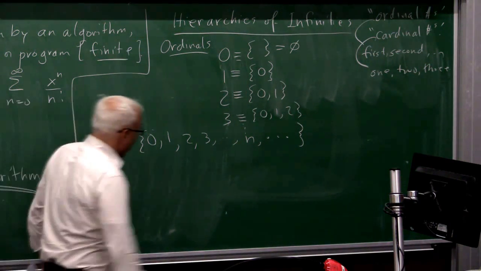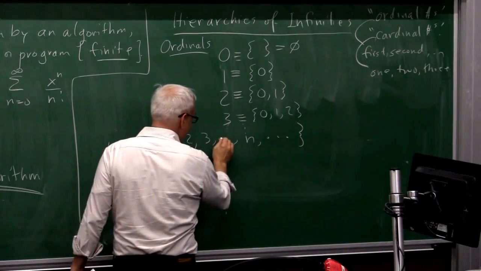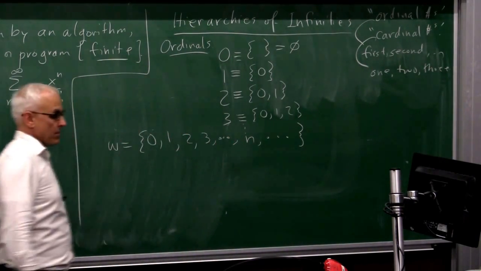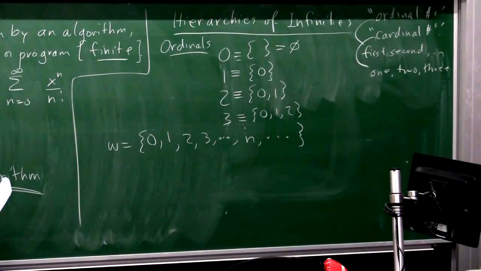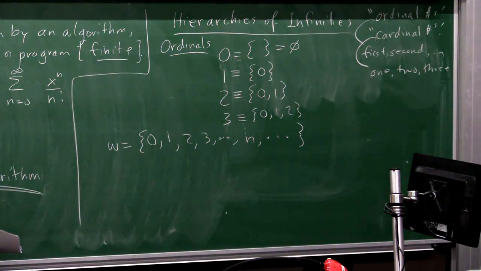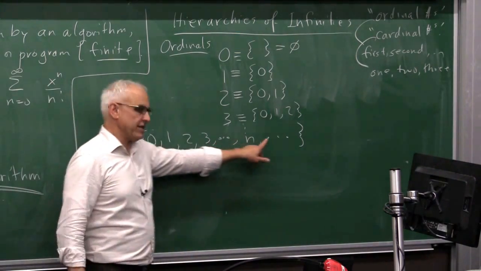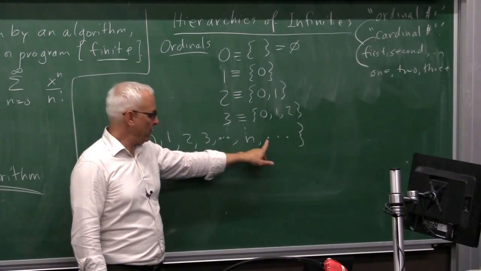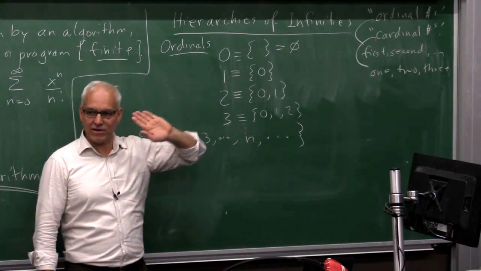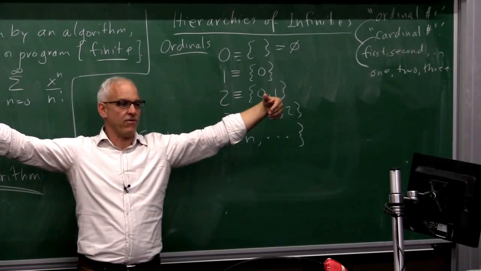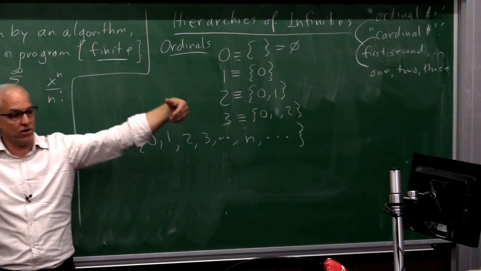Okay, so for me this is problematic in that there are these 3 dots around. These 3 dots here between 3 and n I'm kind of willing to buy, because that just represents some finite segment that we're too lazy to write down. These 3 dots here are much more problematic to me. All these other numbers that go beyond n out to infinity, and we're collecting them all in some big bracket, and we're claiming that now we've got some object, and we're going to carry this object around with us.